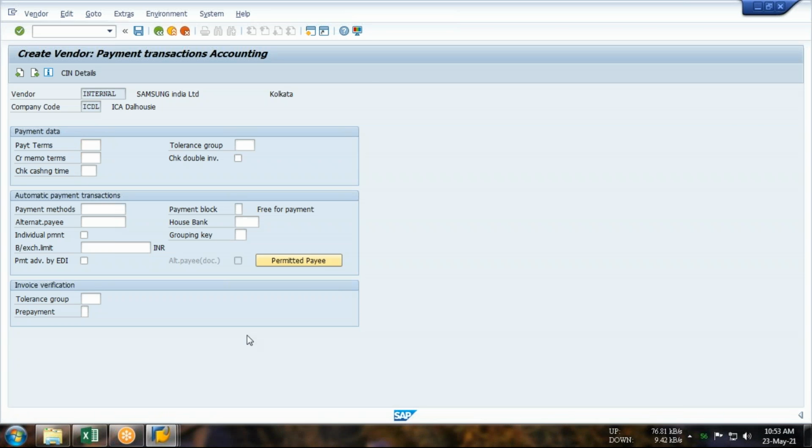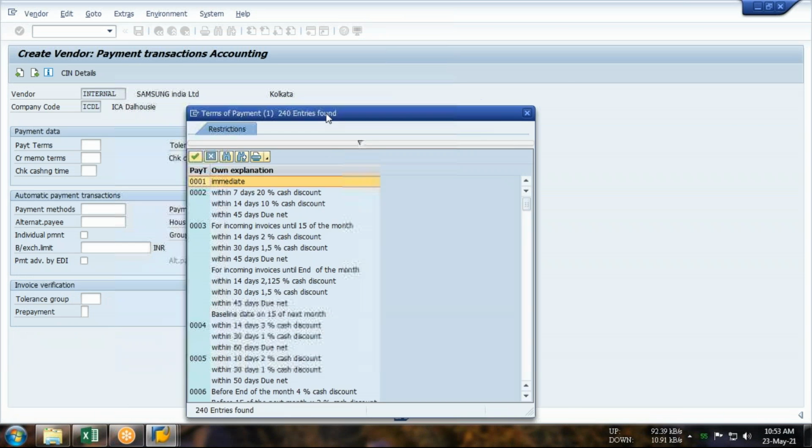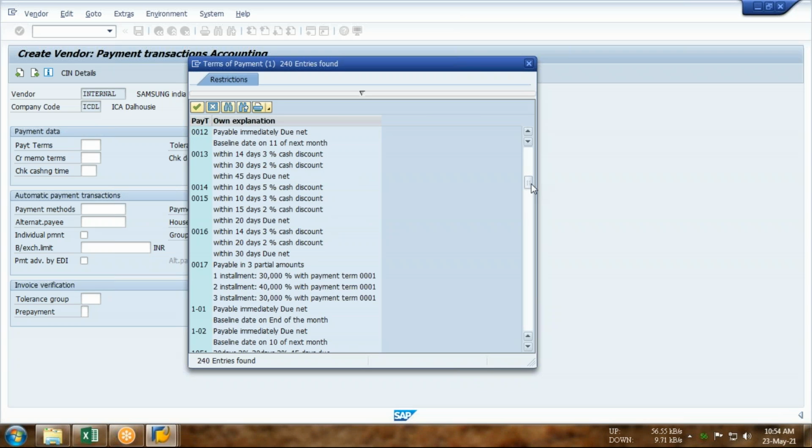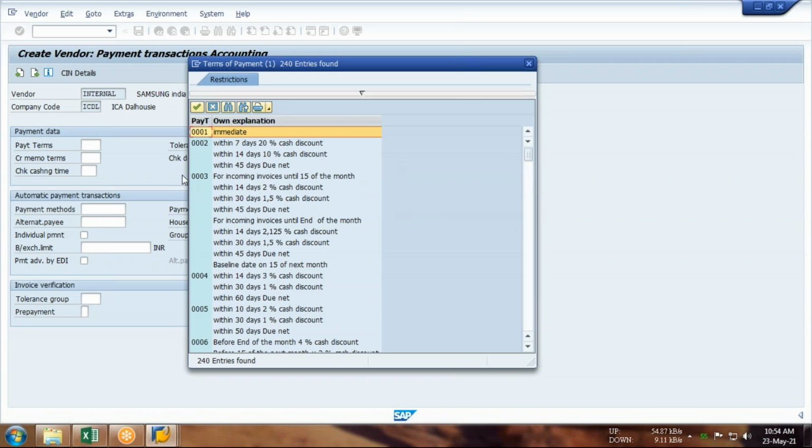Now payment terms. Guys, what you were calling the credit policy is called payment terms. For the time being, the first time we create, we are going to use the payment term 0010001. But you can alter these payment terms. Some ready-made payment terms are available on your server. If you have different payment terms, you can add them to this list. If your vendor is offering different payment terms, you can add those to your list. But for the time being, for practice, we are going to use only immediate. No discount, nothing, immediate.